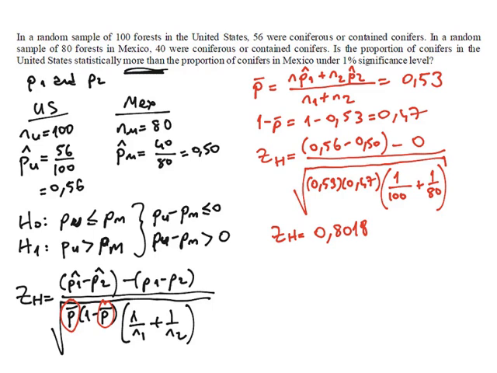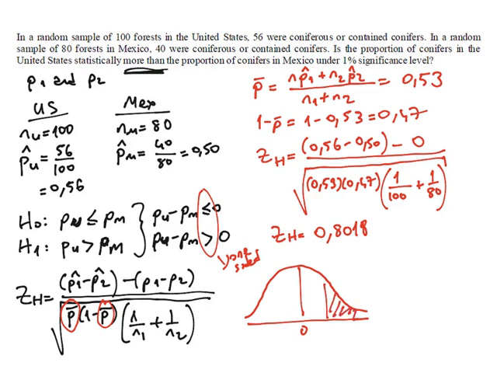Okay, so let's draw the graph of Z table. And is it one-sided or two-sided? We can say that it is one-sided and right. So what is my significance level? It is 1%. So I can find the Z value from the table by using this value, which is, I get